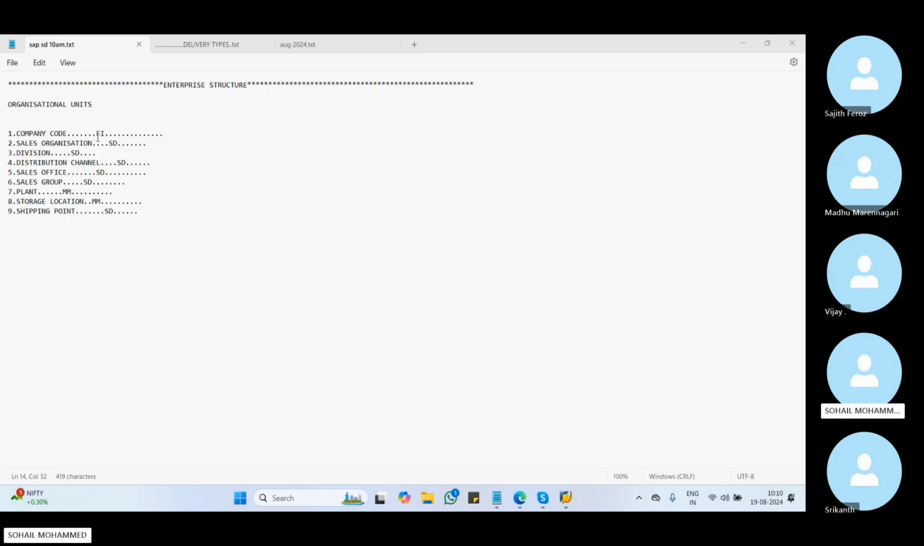So in real time, the company code will be created by the FI team, and the plant and storage location will be created by their teams, and the remaining we are going to create. So as SD consultant, we are going to create those. So we'll see now how we are going to create this company code and all. Without the company code, we can't create all this. So these are completely integrated with each other. Okay. So we'll see one by one how to create